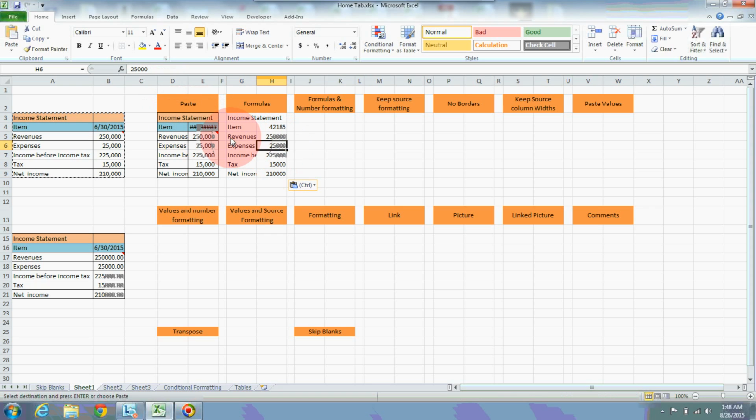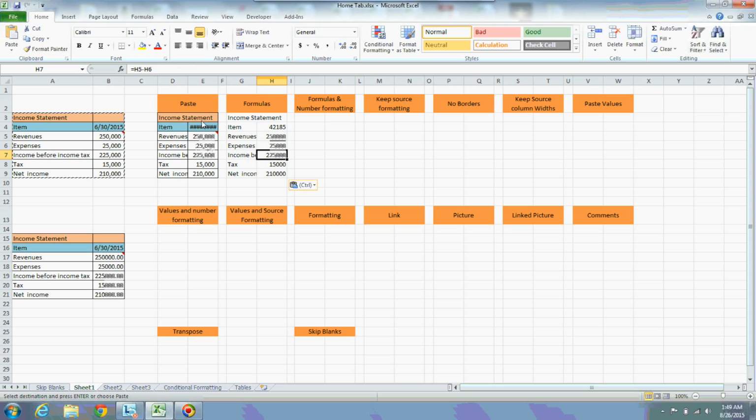Whereas in this one, no formatting is applied because we have selected the paste option called formulas. When you select formulas, it only copies the data and the formulas, without formatting. Whether we had formulas in this table or not, you can see this is the formula, subtracting this one and this one. It means the formulas have been carried forward without formatting. The format has not been carried forward.